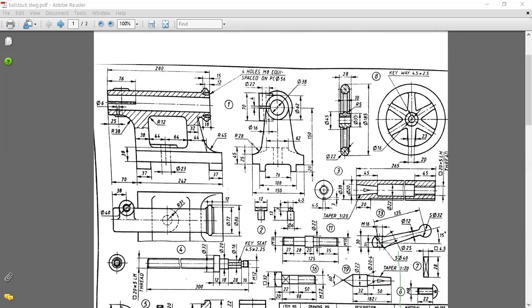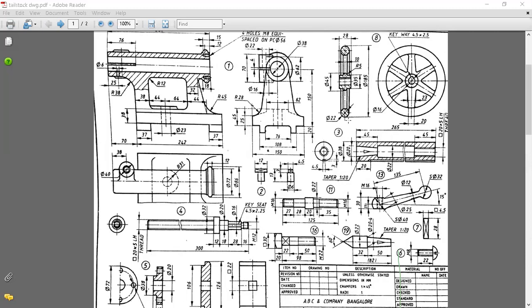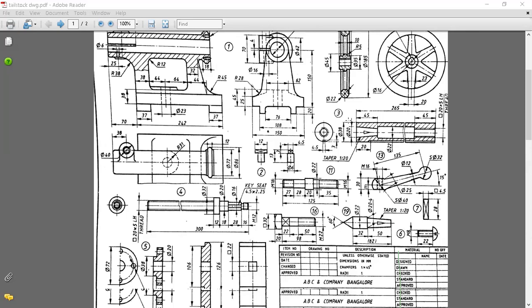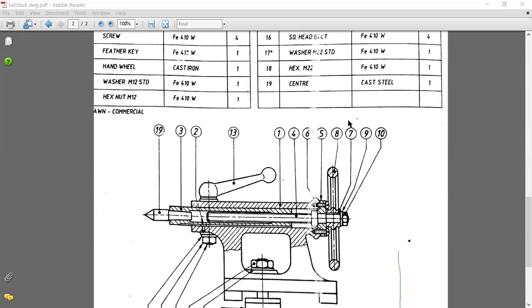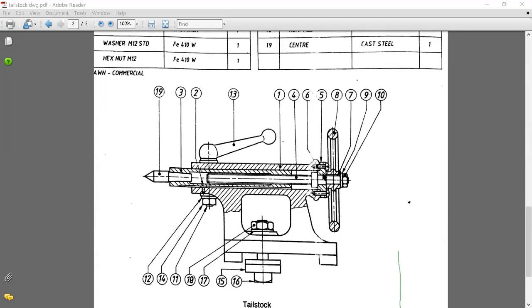So this is the front view and this becomes the side view. In that way you have to identify which is the front and side. That is only possible when you go through the assembled drawing thoroughly, observe it, and also observe the part drawing. Then you compare which parts are going where. That will be very helpful in assembling the components in the 3D model.